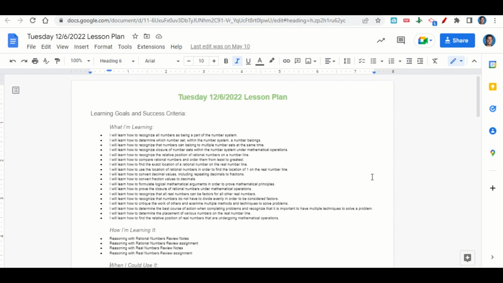to convert fraction values to decimals, to formulate logical mathematical arguments in order to prove mathematical principles, to prove the closure of rational numbers under mathematical operations, to recognize that all real numbers can be factors of all other real numbers, to recognize that numbers do not have to divide evenly in order to be considered factors, to critique the work